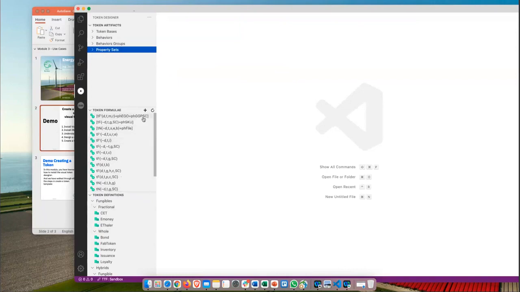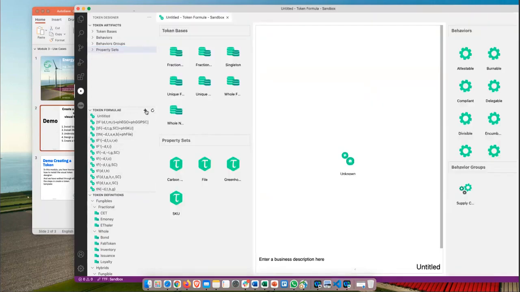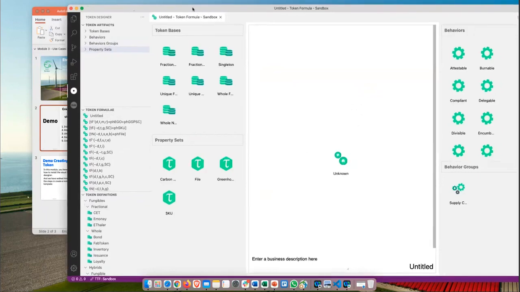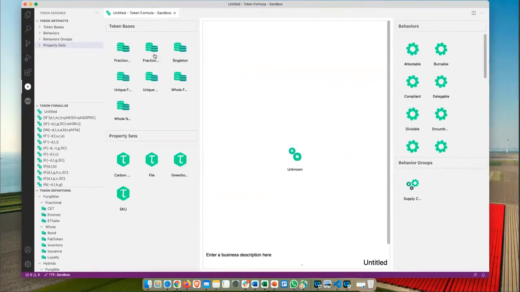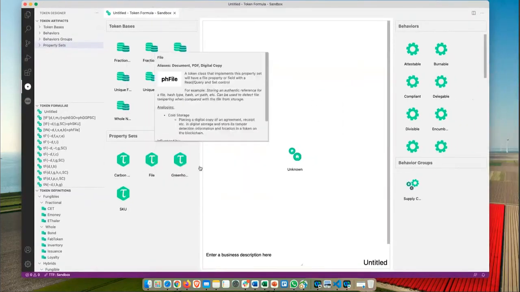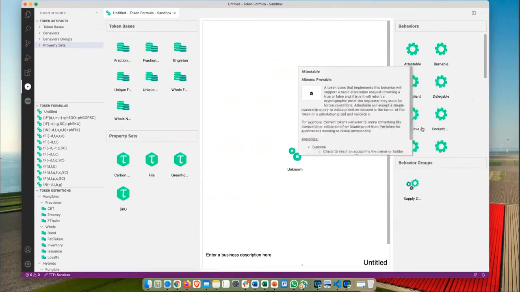So let's now first create a new token. Here is an unknown base token. On this part we have the token base that we can select from, the property sets, and the behaviors.